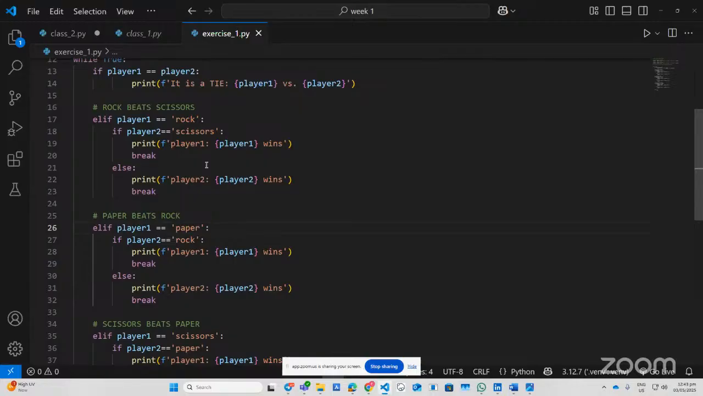Player two is not equal to scissors. Therefore, it should print player two wins. No, no, no. So